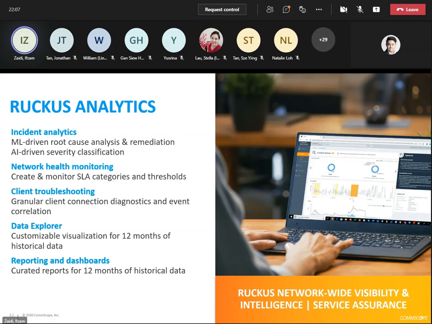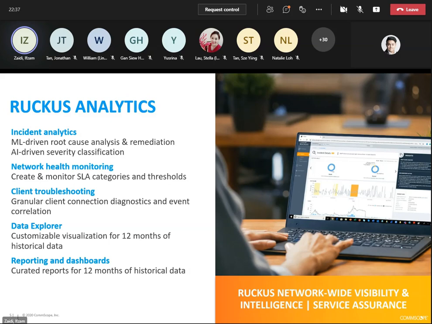Then it uses machine learning to automatically identify service incidents related to connectivity, performance, and infrastructure that affect user experience. It also uses artificial intelligence to classify service incidents by severity so you can address the highest priority issues first.